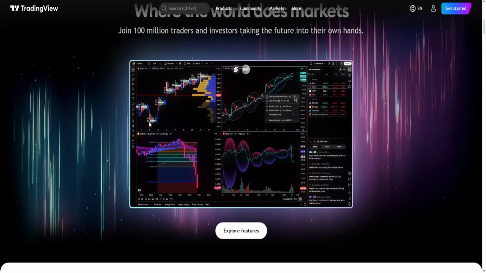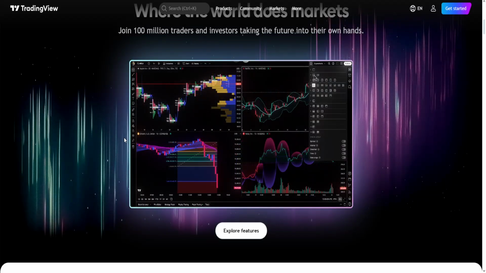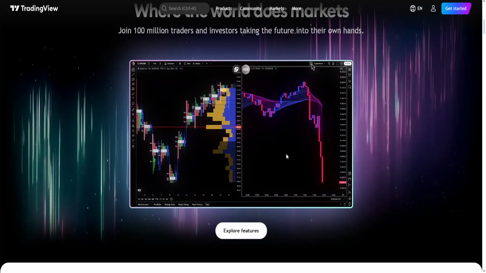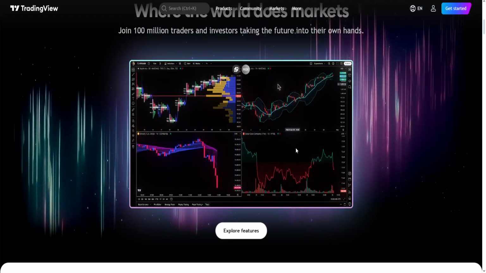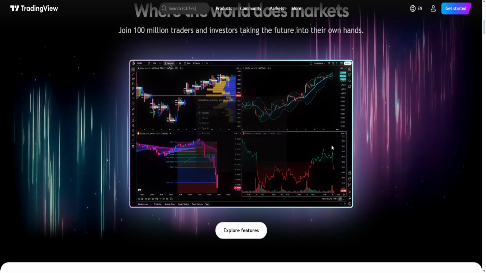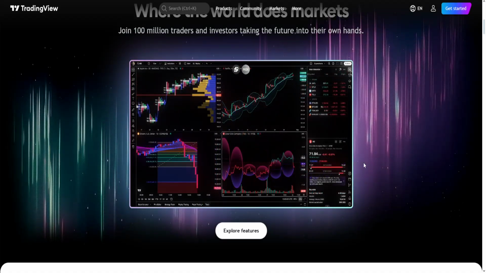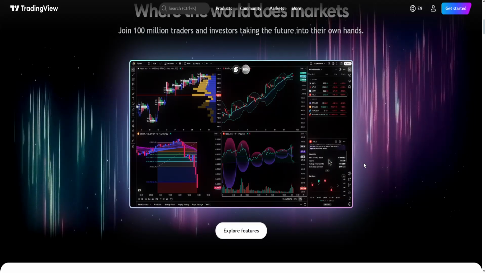It also offers and supports multiple asset classes like stocks, crypto, forex, and many more, and it has a huge community of shared scripts and strategies. It also has broker integration for trading inside the charts, and it has a great free tier plus low-cost pro plans. The only downside is it is not a brokerage itself, so you need to connect to a